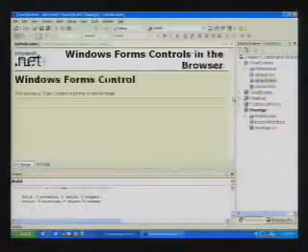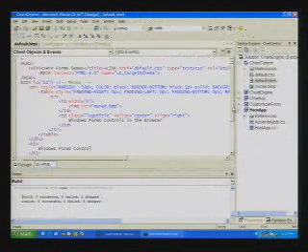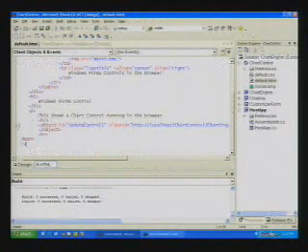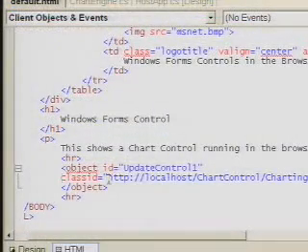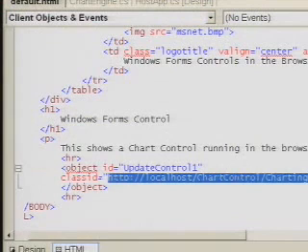So let's start by looking at the HTML page here. If we scroll down and look at the HTML page, you can see we've got this new form of object tag here. Instead of having a class ID in here, we talked about deployment. One of the important things with deployment is that we don't force you to register things in order to use them anymore. So rather than having a classic COM GUID in here, what I've got is a URL that points